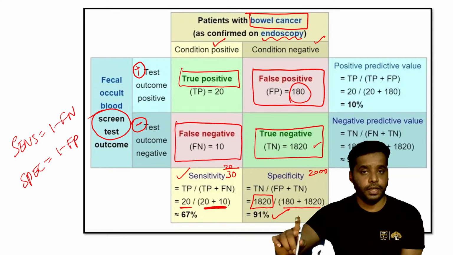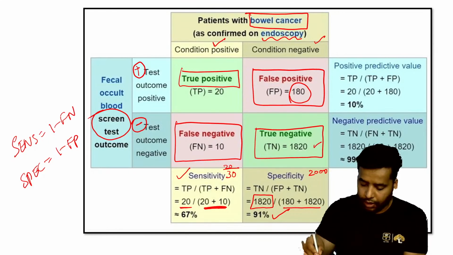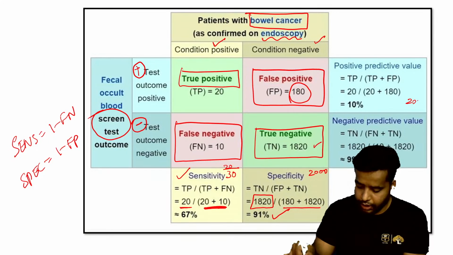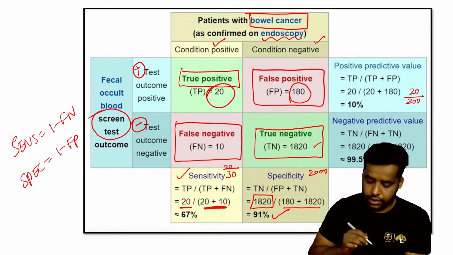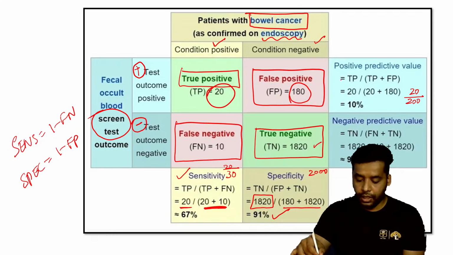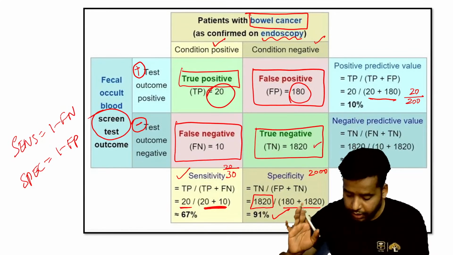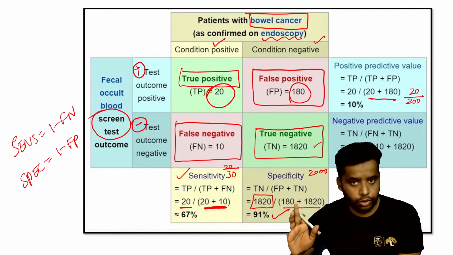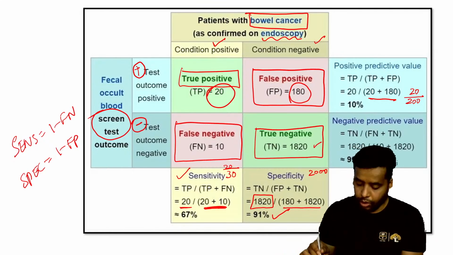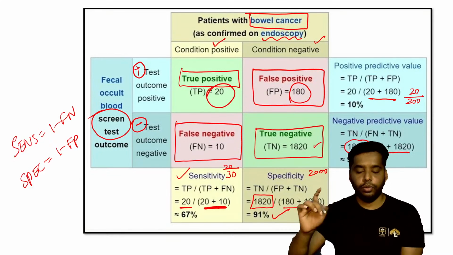Keep this in mind. At the same time, total test positives, how many? 200. In that, how many have disease? 20. You're going in rows, that is positive predictive value. Total test positives, 200. How many have disease? 20. So it is very less. 10% is the positive predictive value. In the same way, total test negatives is the denominator, how many are normal is the numerator,